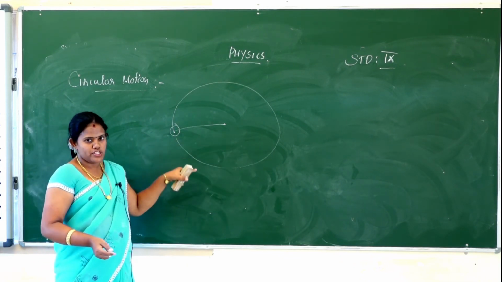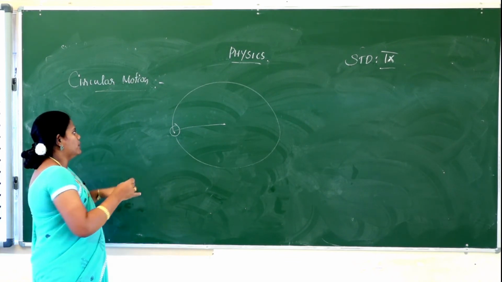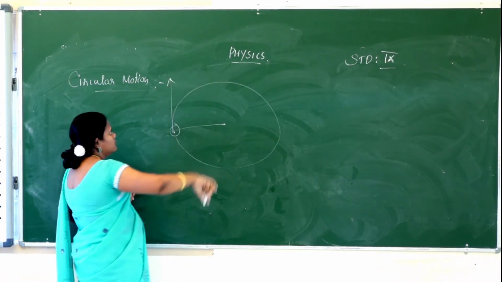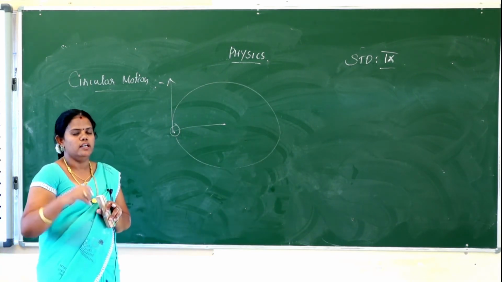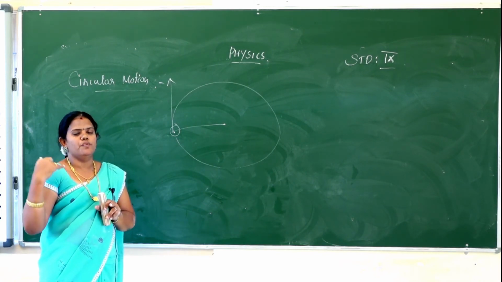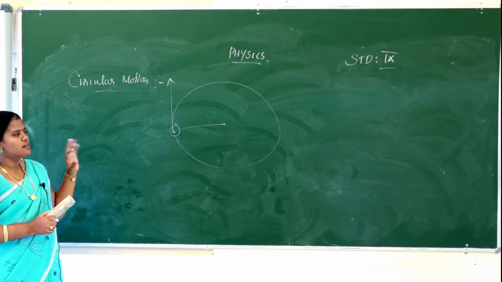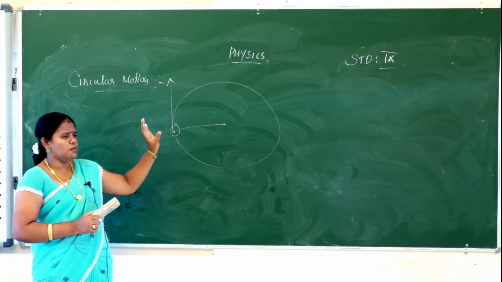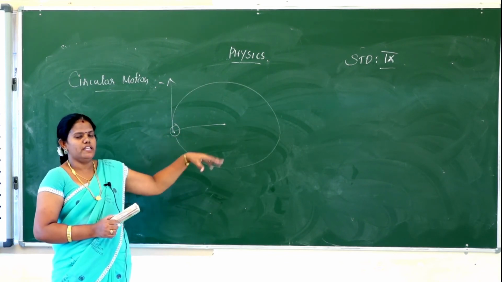In the circular motion, if you immediately release the thread, the stone moves in a straight line. Suppose you are rotating it and suddenly stop rotating. It releases the rotational motion, and the stone moves along a straight line path. That is circular motion. So circular motion is nothing but an object moving in a circle, continuously changing direction.